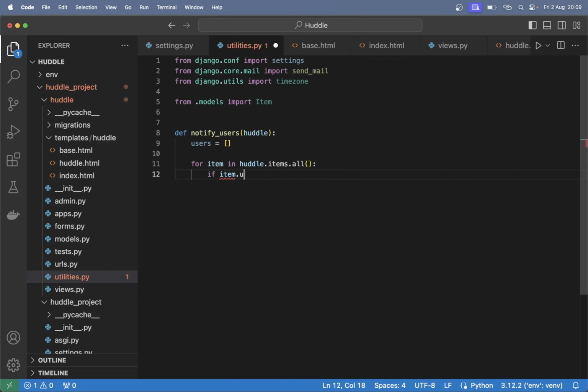If item.user not in users, just make sure that we don't add an email multiple times. users.append(item.users). I think there is an even better way to get these from the database and similar, but this will do for now. Then you can set up a subject equals, create a formatted string, new message in